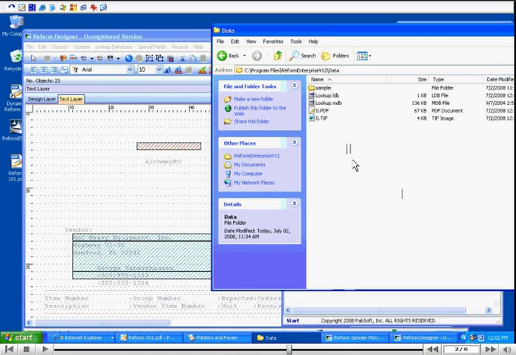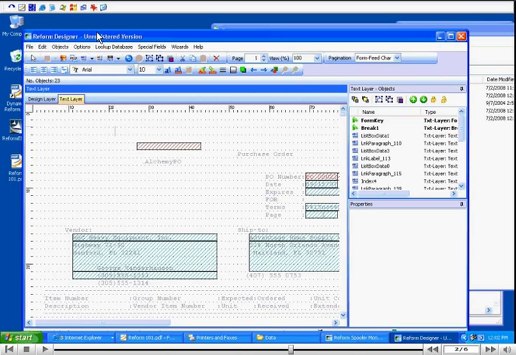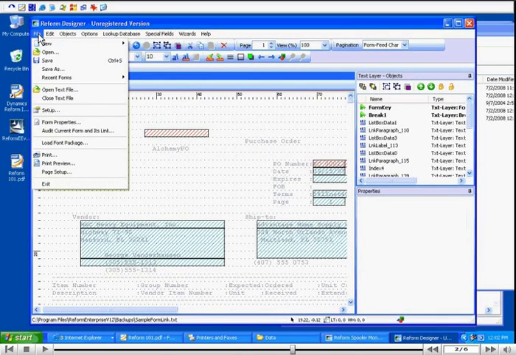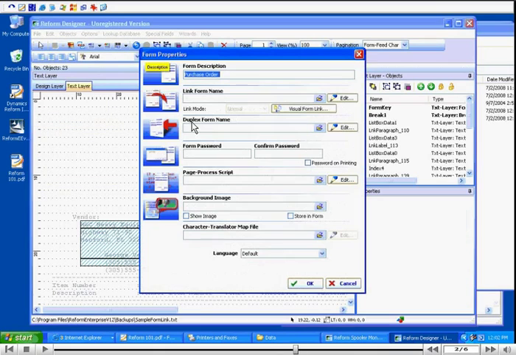There's also another option that might even help you more. That's what I'm actually going to cover now. If I go to File, Form Properties, actually I'll open the other form. Well, I'll show you this as well. If I click on Visual Form Link,